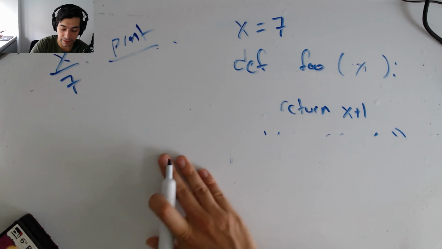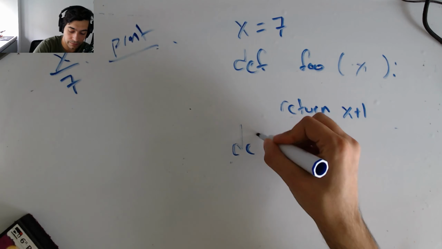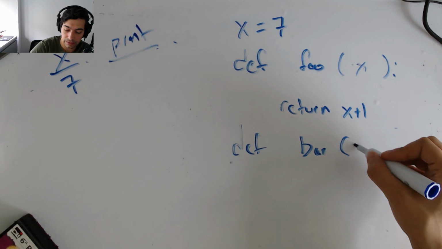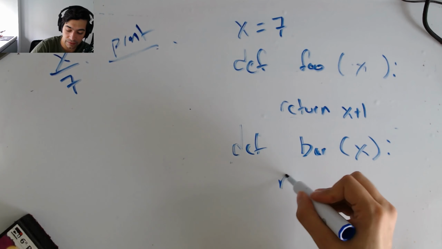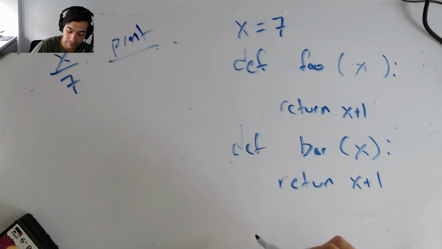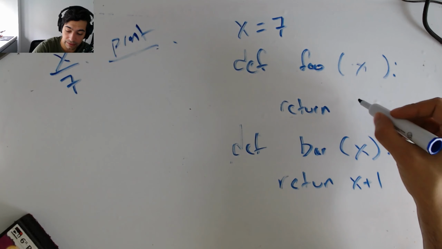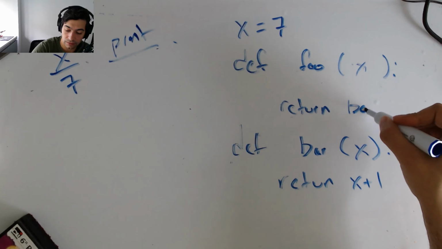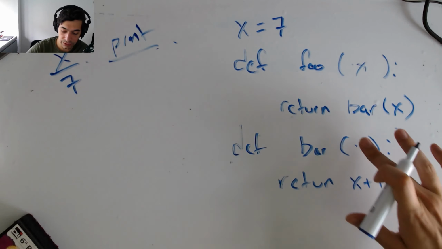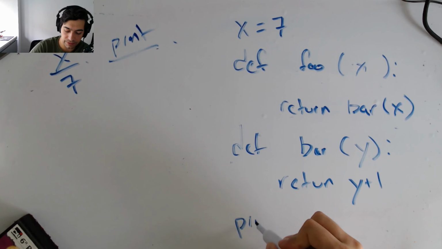Let's change up our function here. I'm going to define a new function called bar. This is going to take x as well. I'm going to return, let's say, x plus 1. And here, rather than return x plus 1, this is going to return bar of x. Let's change this up. Let's make this y. Okay, now I want to print